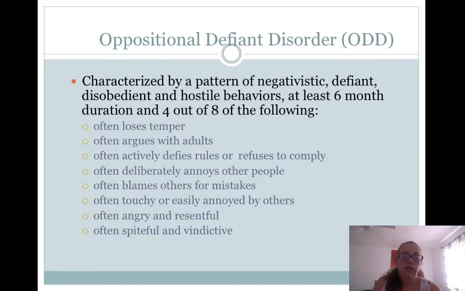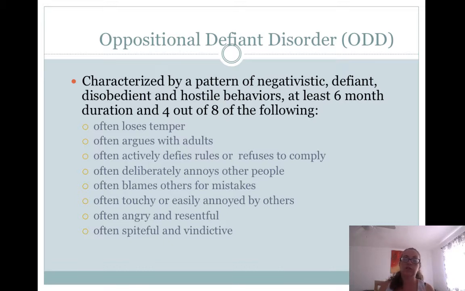Okay. Oppositional defiant disorder. So oppositional defiant is basically a kid that is just difficult, really, like seriously difficult. Not just like, oh, my kid is hard to raise and I have problems and we get into fights occasionally. I mean, this is a really difficult child to work with. So a pattern, meaning it happens consistently, of negativistic, defiant, disobedient, and hostile behaviors has to be happening for at least 6 months. Okay, it can't just be it happened a few times. It has to be consistently over 6 months.